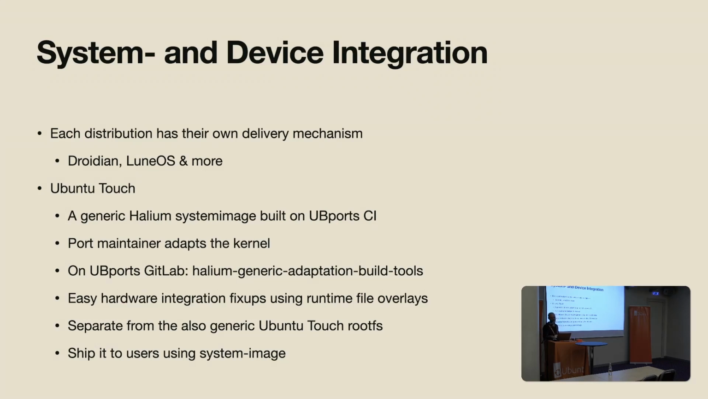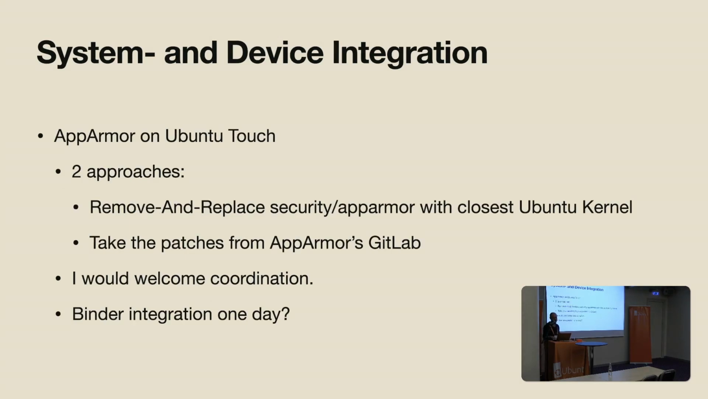And AppArmor on Ubuntu Touch is a little bit hard as well. Again, old kernel versions. So what can you do? Either you remove and replace the security AppArmor directory, painful, but it works surprisingly well, especially on the Xperia X, where I did this in the past with kernel 4.4, and I just took the Xenial implementation of AppArmor, stuffed it in there, and it worked surprisingly well, to the point where you can run snaps on that one as well. And second approach, though, is taking the patches from AppArmor's GitLab and applying them to newer kernel versions in